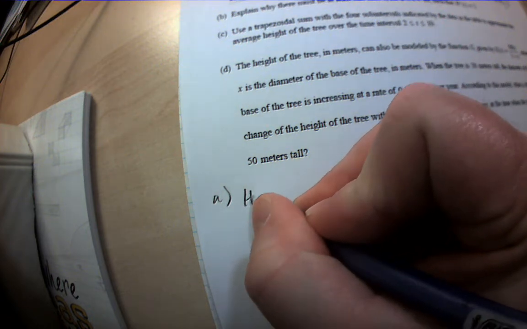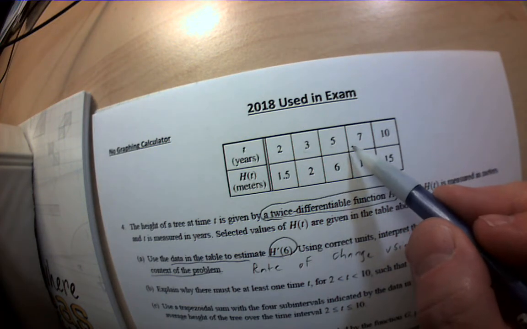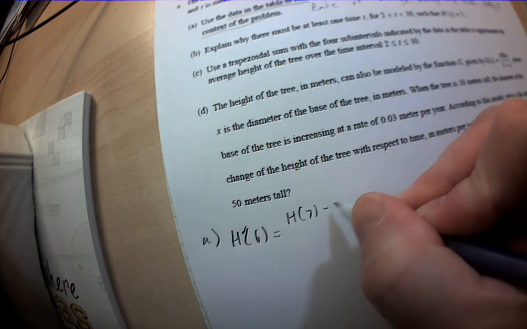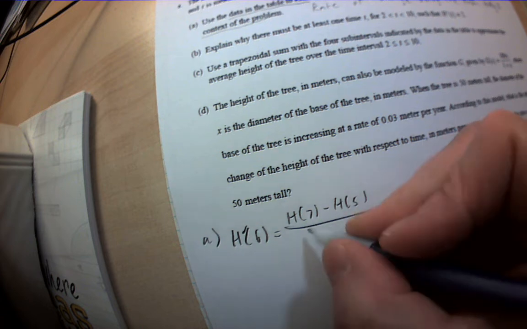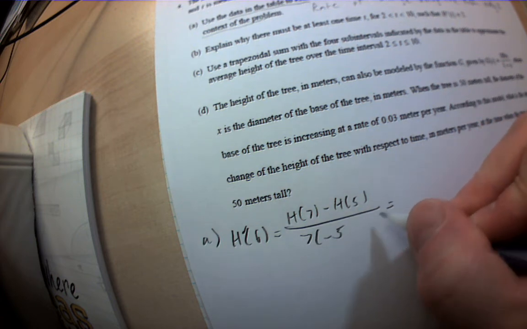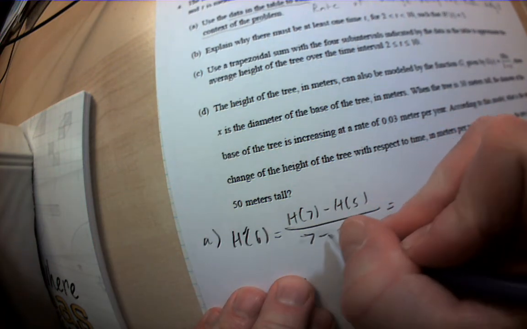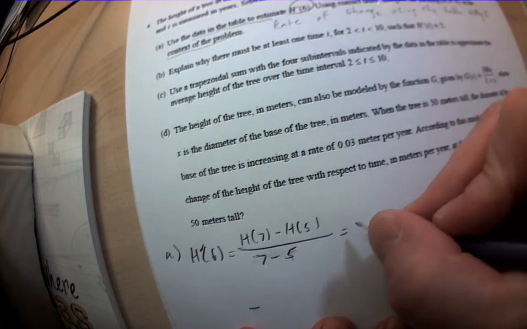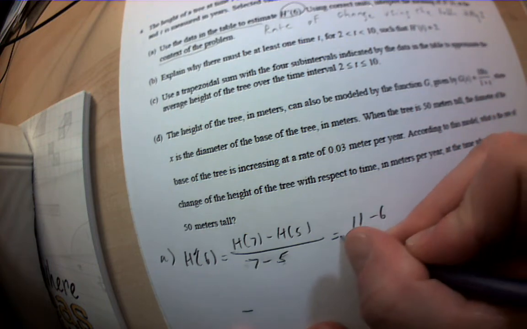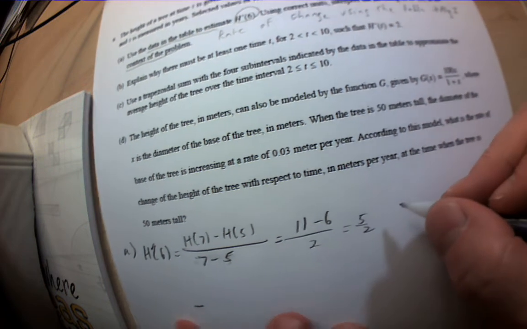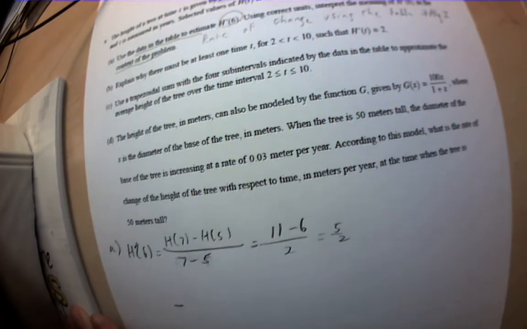Okay, so guys, I need h prime of 6. In the table, I don't got 6, but I got times at 5 and 7. So you remember algebra 1. I'm going to do h of 7 minus h of 5 over 7 minus 5. If I look in the table, I can see that h of 7 is 11, h of 5 is 6, over 2, so I get 5 halves. So h prime of 6